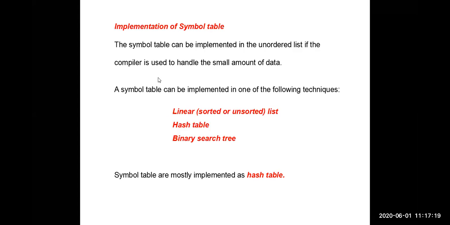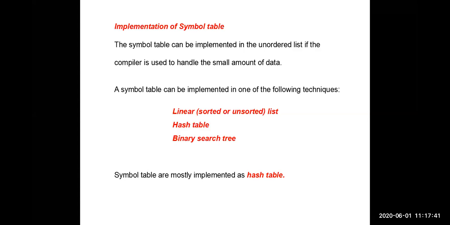Okay, these are the three techniques for implementing symbol table. Internally, it will maintain either a linear list, hash table, or BSTs. But most of the compilers are maintaining the symbol table using a hash table only. It will internally maintain the hash table. Yeah, exactly, based on remainder. Okay. Clear. That is the implementation of the symbol table.